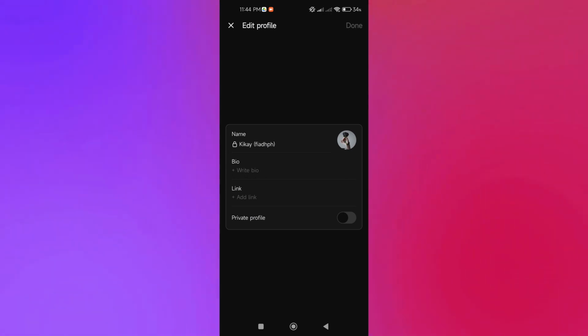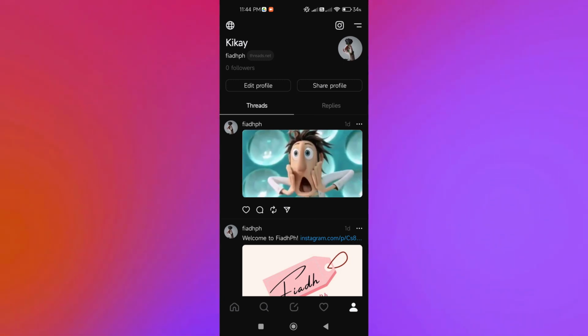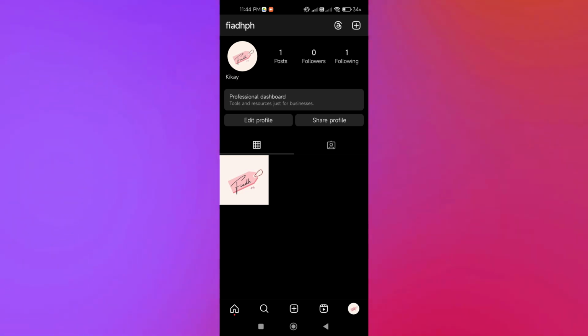So how do we do that? We're just going to go at the right hand corner of our interface. You can see there the Instagram icon. So we're just going to click on that, and it's going to lead us into our Instagram account. So we're just going to click on edit profile,